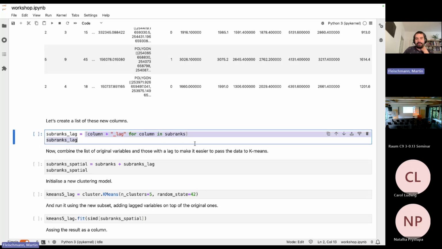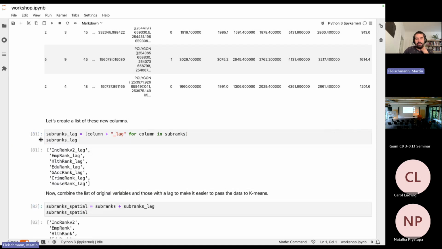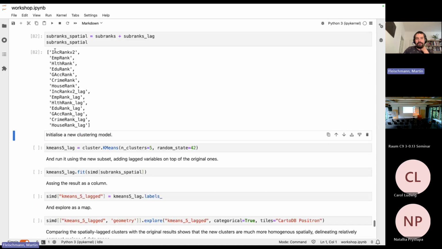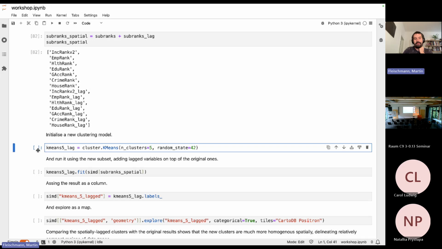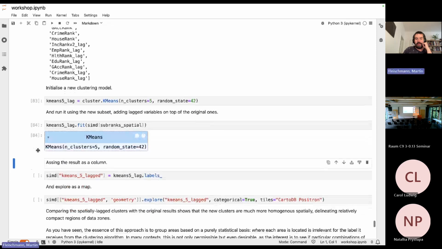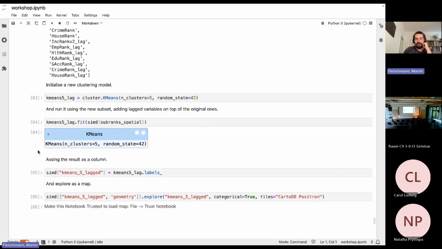So we will get a list of these columns and combine it with the original ones. And these are the columns we will then use within the new k-means clustering. Again, the same number of clusters, just using the original observation and the lag together. And the result of this